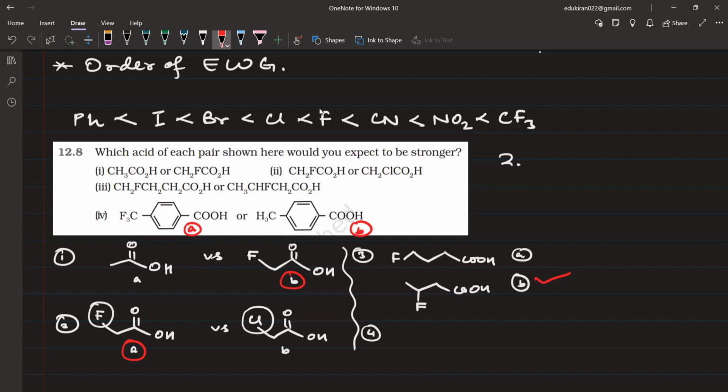In the fourth case, it is very easy. A is going to be more acidic in nature. Why? Because it has CF3 and it is CH3 here. So CF3 has more electron withdrawing capacity. Please write this down. Answers लिख लीजिए इसके।